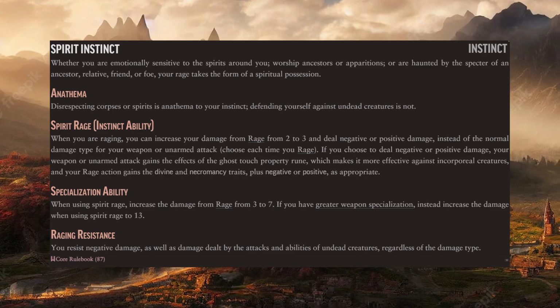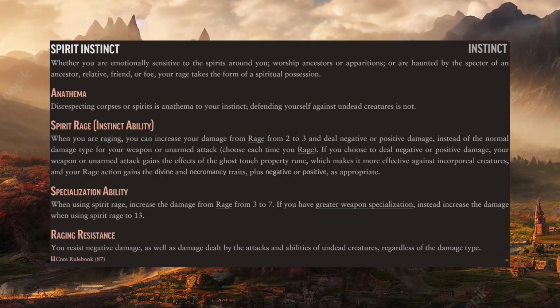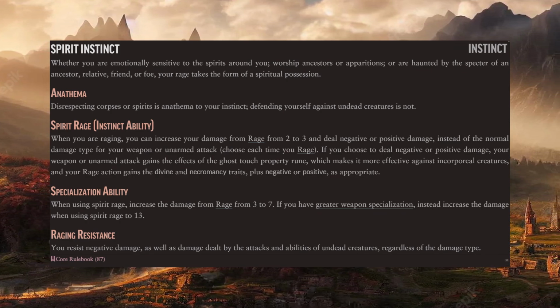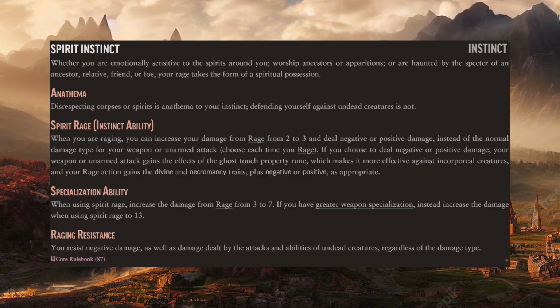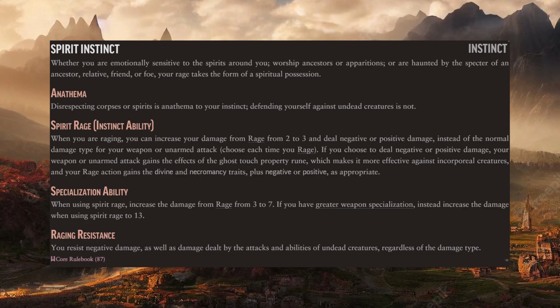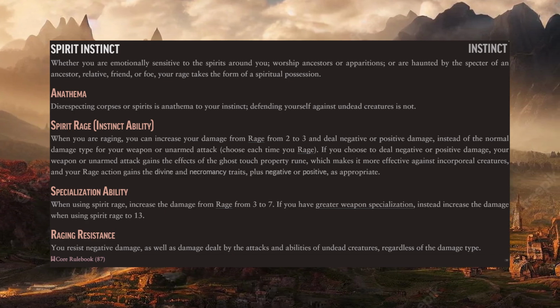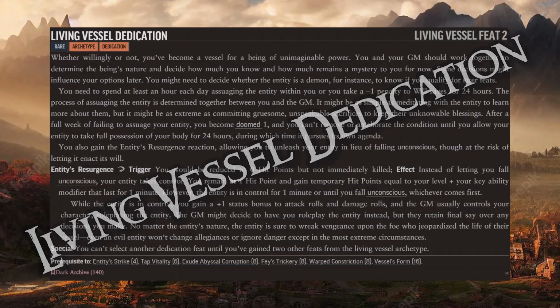Spirit Instinct Barbarian and Living Vessel dedication. Spirit Instinct Barbarians means that your rage comes from a possession. Whether malicious or wholesome is up to the player and how they word it. But with Living Vessel dedication, should you fall